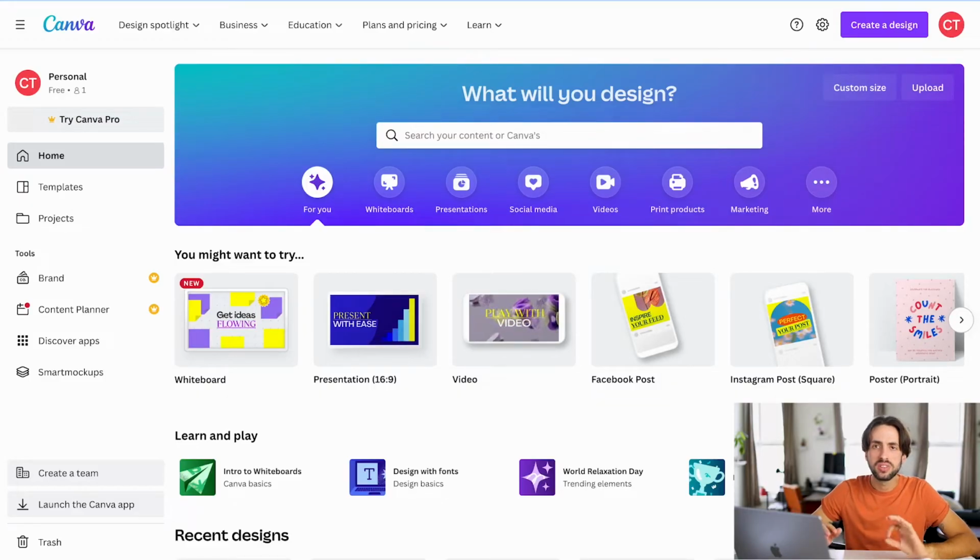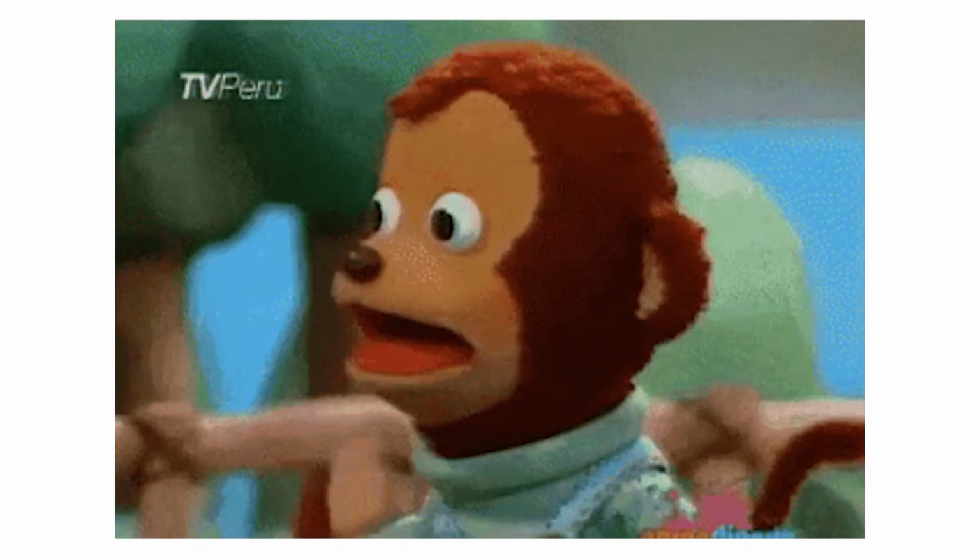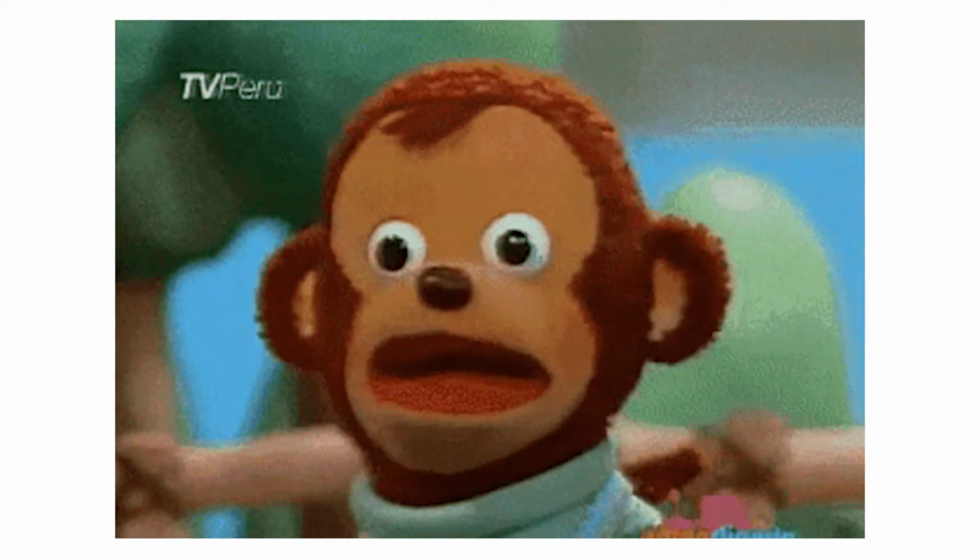All right, as you can see on the screen right now, we are on a platform, a website that hopefully you are familiar with called Canva. Now, you're probably thinking, Christian, Canva is for making social media posts, it's for making flyers, postcards, whatever. And yes, it is also for that. But did you know that you can actually edit videos on Canva? And it's free. I know. Pick your jaw off the floor and let's get to work.